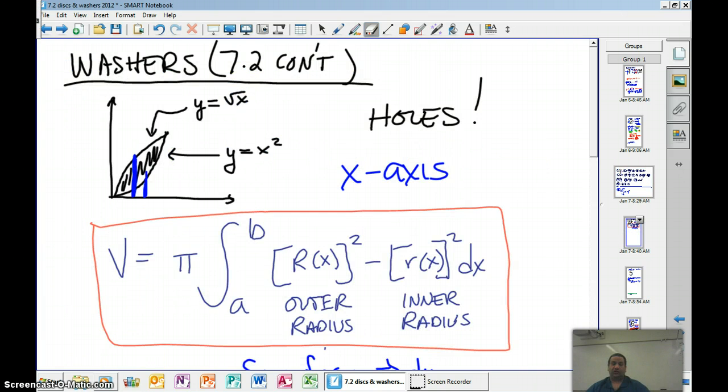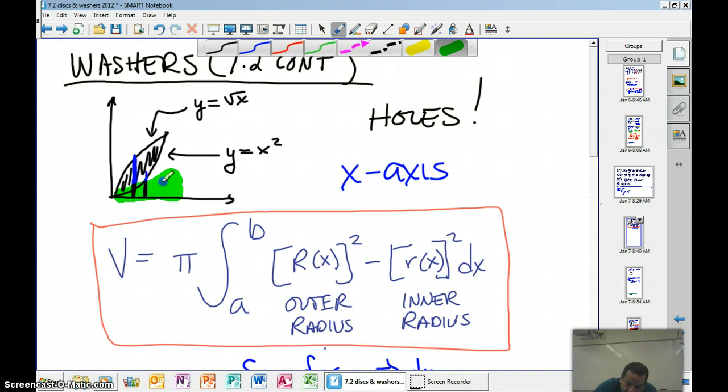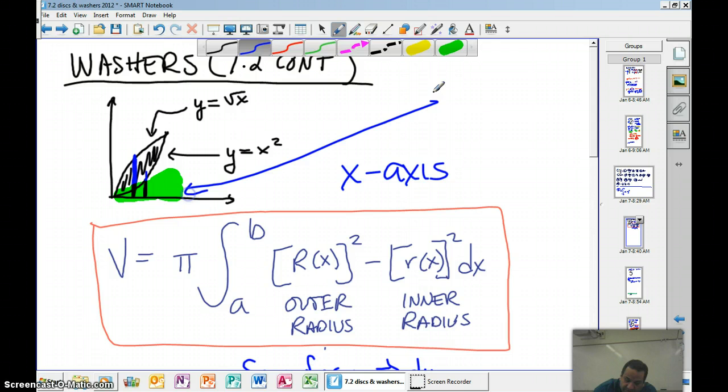Now I want to talk about washers. Washers have holes, but more importantly, what I found out today, this doesn't have a hole. That would be revolved and it would be like a cone or something. And it wouldn't have a hole in the figure. However, the hole I'm talking about has some space. Okay, that's better. I don't like the word holes anymore. I've been teaching it for years with holes. This has some space